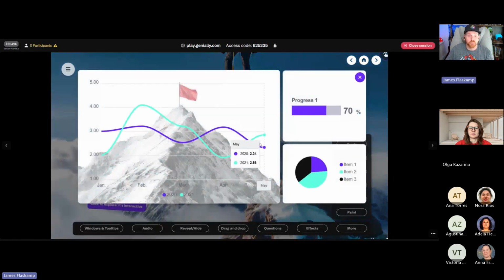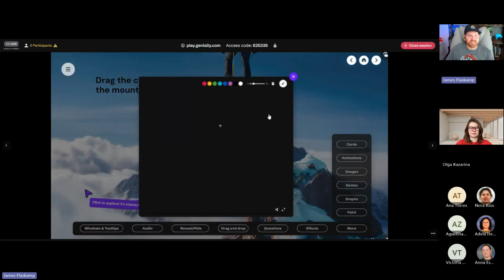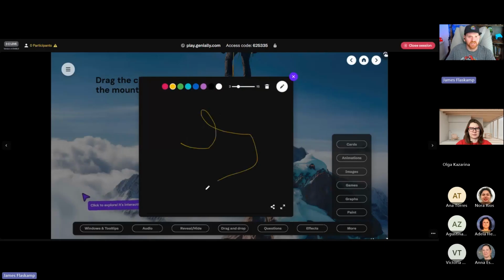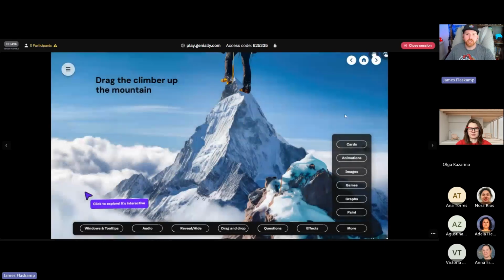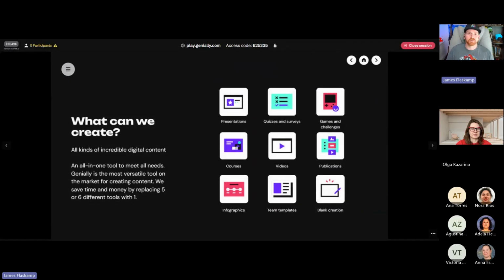If you're a math teacher, you're presenting data, graphs, very easy to do. You put in the information, the design part Genially takes care of for you. And then some more interactivity. You can have students even draw on the slides and things like that. You can have them paint with that functionality as well. So lots of different ways that you can use Genially to engage students and create interactive content. That's just some of it. It's really not even all of it, just some of it to give you kind of an idea of how the tool works.